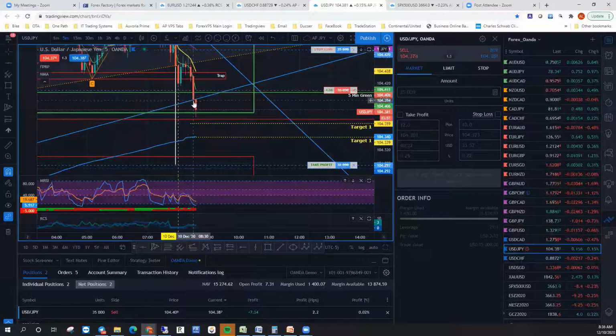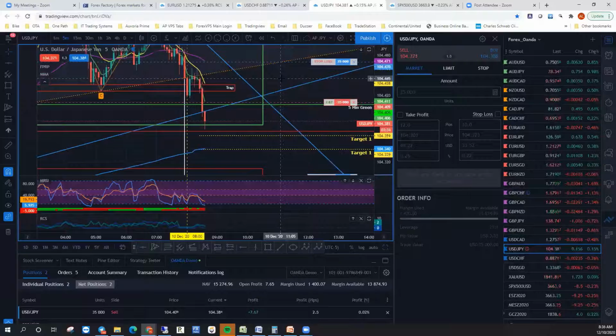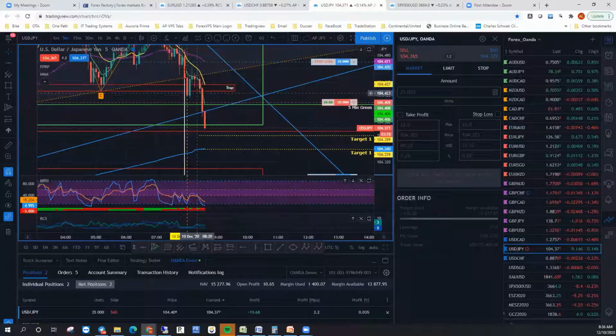We did get the pass. Now I'd still like to see it come back and recheck this. Because it consolidated so much prior to breaking out, I'm not sure it's going to come back and do our check like we usually like. Well, it already kind of passed off the alert that we got. Yes, it did the pass. Already did the pass and check.